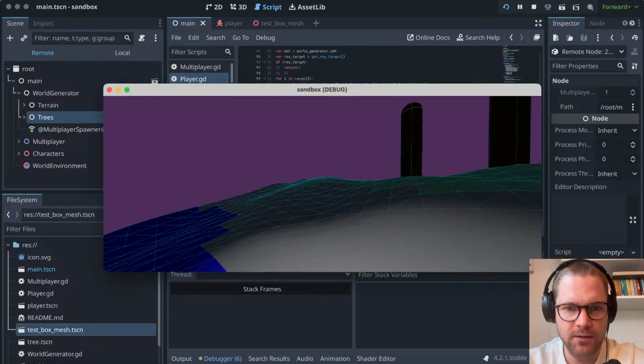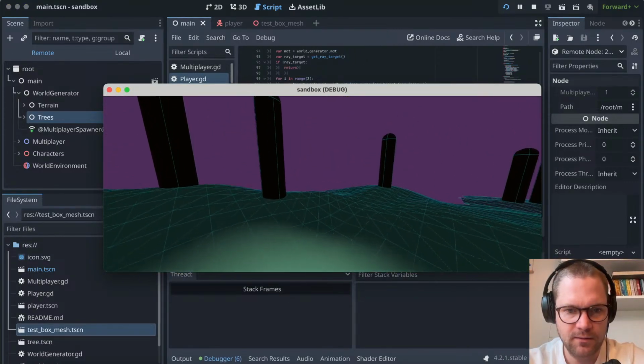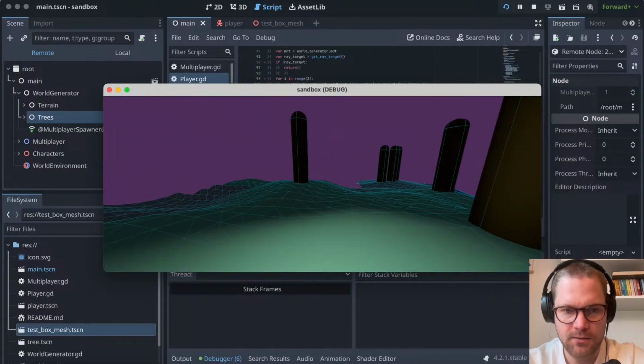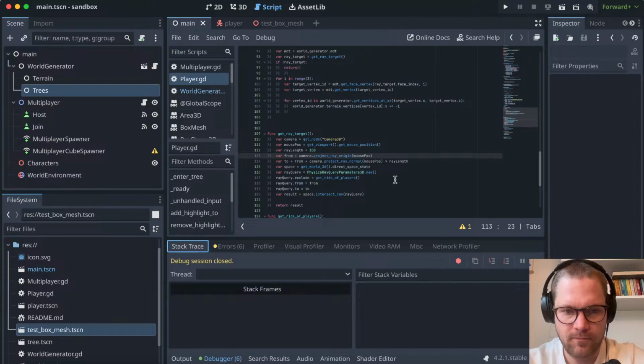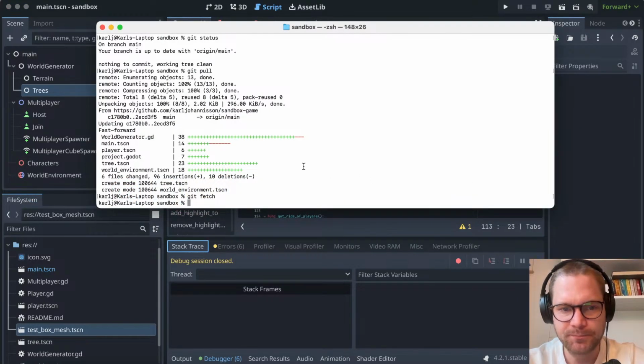The bug with that it cannot find the tree resource. Maybe that solved that. Huh. Nice. Okay, let's, by the way,